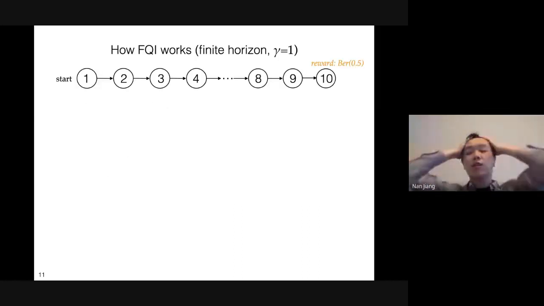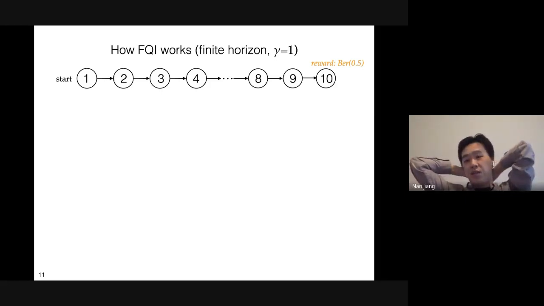So what I'm next going to show you is some hints and some algorithm-specific counterexample that suggest why it is not enough to just have realizability, right? So what happens when we run our familiar algorithms when all we have is the function class that captures Q star, which is the function that we really want to approximate?